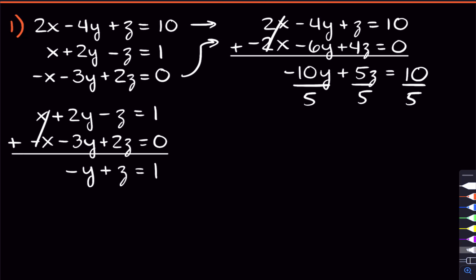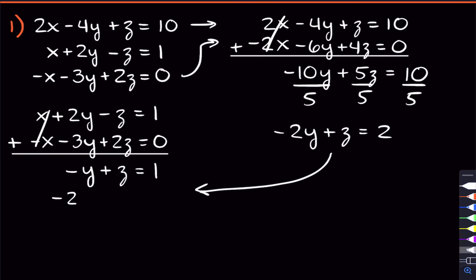So we'll do that. And then we have negative 10y divided by 5, which is negative 2y. We have 5z divided by 5, which is just a positive z. And then we have 10 divided by 5, which is 2. And honestly, I think that equation is much nicer to look at than this one. So now what we can do is bring this equation down and write it underneath the other one